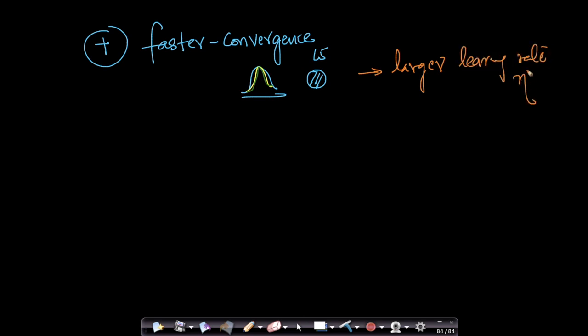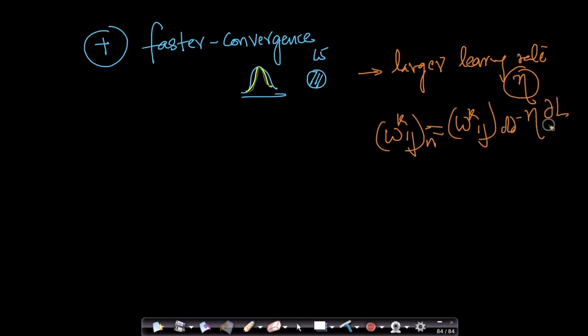So you have your eta, right? The learning rate in the update, if you recall. So wkij new equals wkij old minus eta times the derivative of the loss function with respect to this. This eta is what I'm talking about, the learning rate. Because all your inputs come from the same distribution, you can afford to have a larger learning rate, which means you're going to converge faster, because your new and old values will be farther apart. If eta is large, your new value will be slightly more away from your old value,